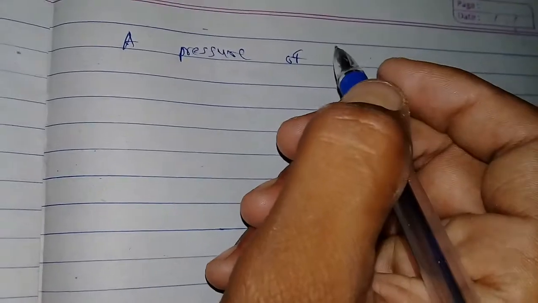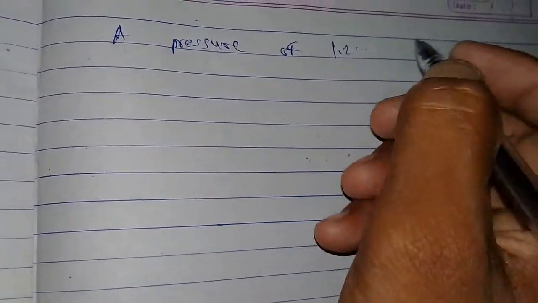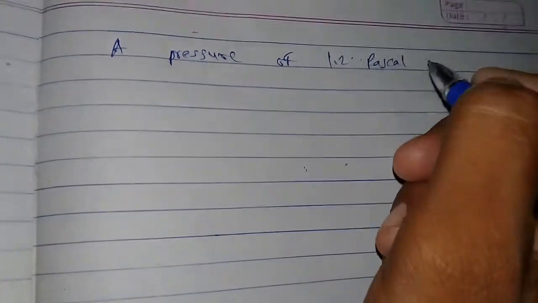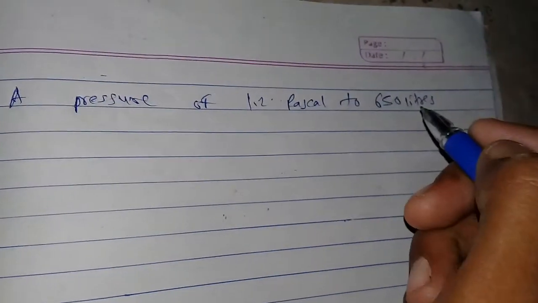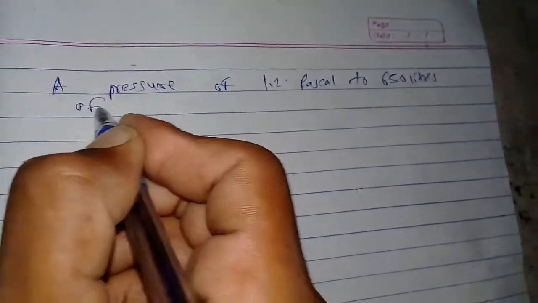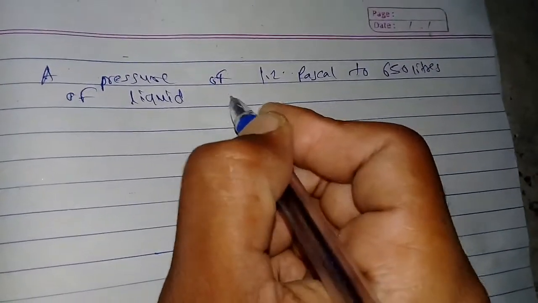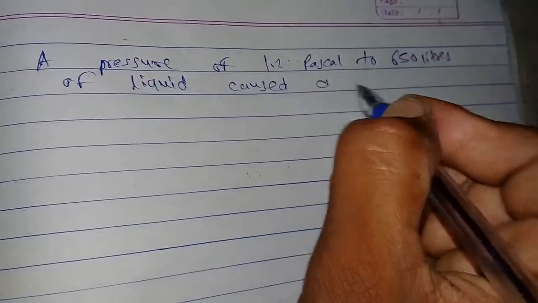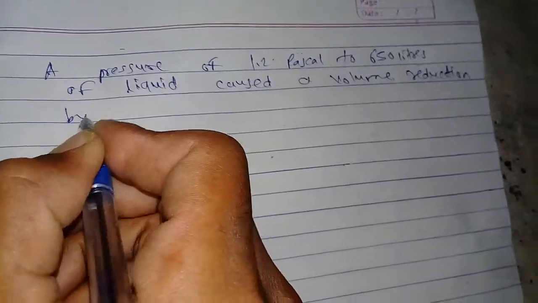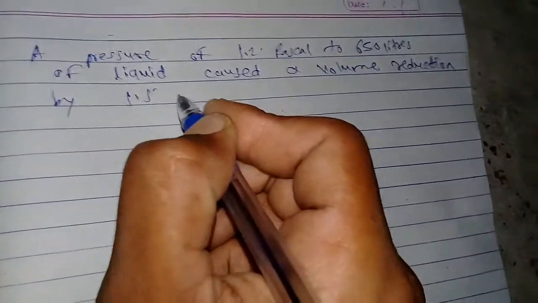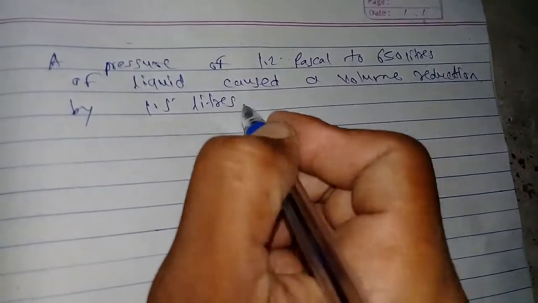A pressure of 1.2 Pascal to 750 liter of liquid caused a volume reduction by 1.5 liters. Calculate